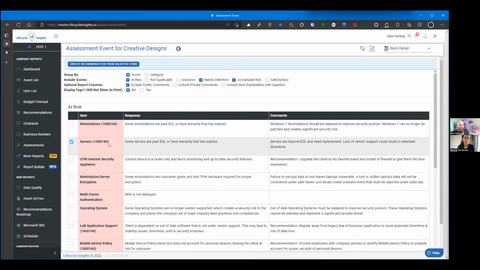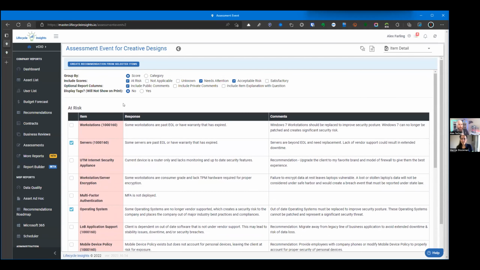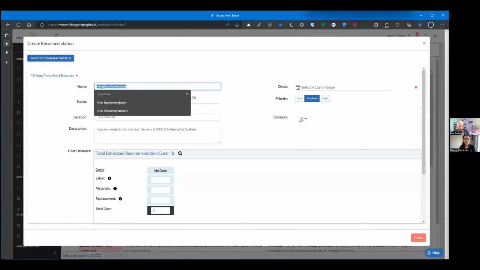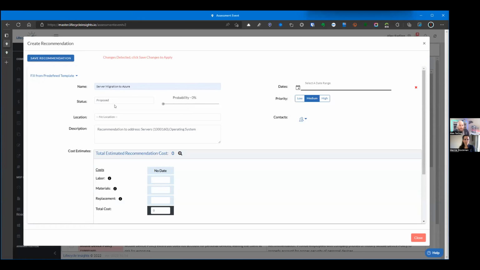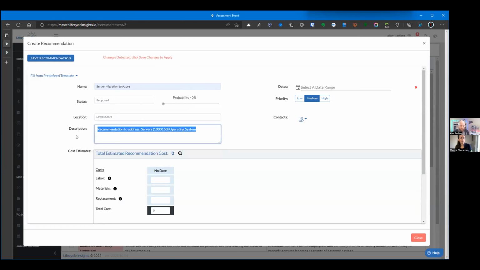We're going to grab that one first. We actually do have an out-of-date operating system on a server too. So we're going to grab this red and the server, and we're going to go show them on a new recommendation. So here we have server migration to Azure. And what we're going to do is go ahead and leave this in a proposed status. It applies to all locations, but if it was just one location, I could select a location. And here we're going to say,